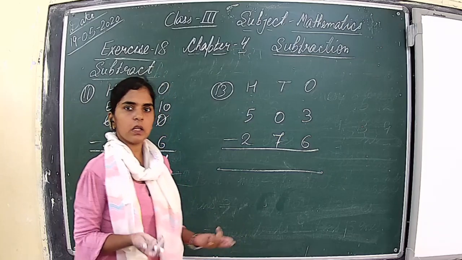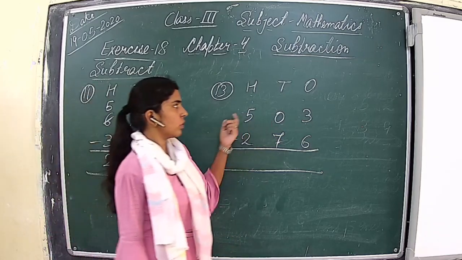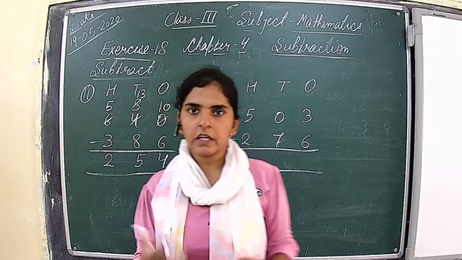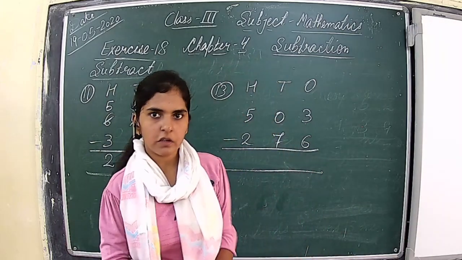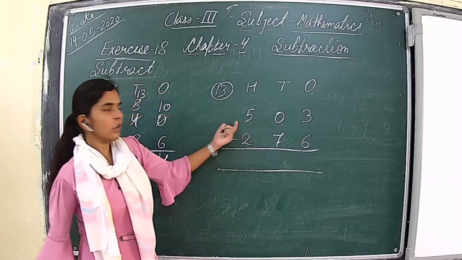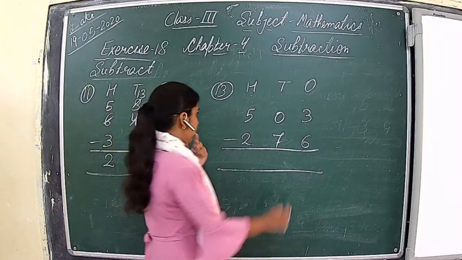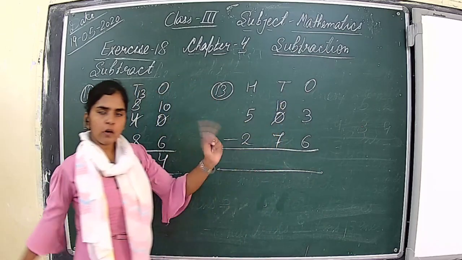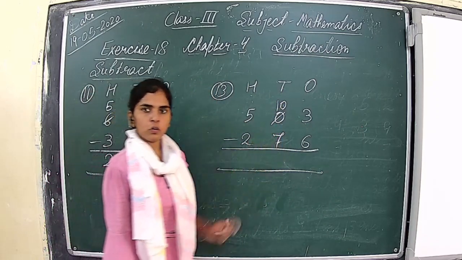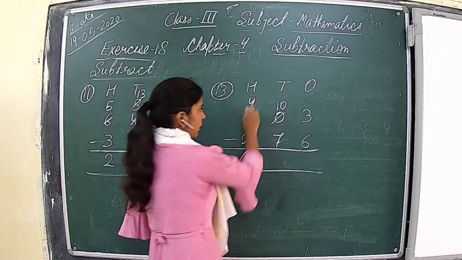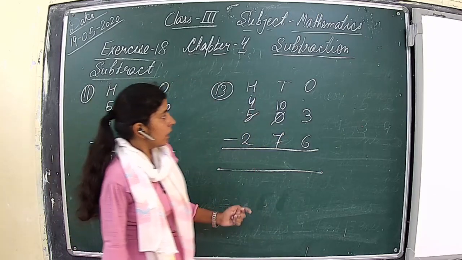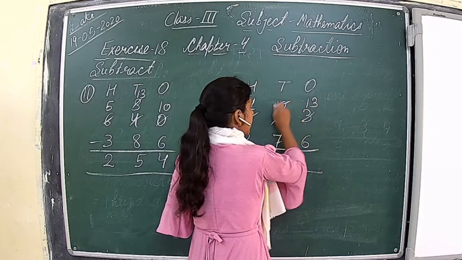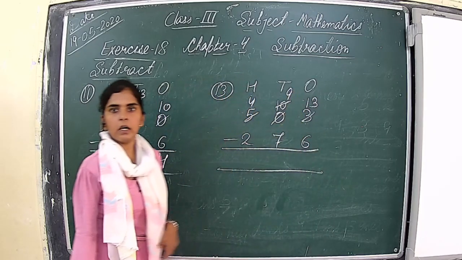So, what will happen there? 0 will go to the hundreds place digit. 0 will go to 5 and 0 will say, give me one borrow and I will return it to you later, right? So 0 will go to 5. Then it will take one borrow from him. Then 0 will become 10. Now it is able to give one borrow to the ones place digit. And this 5 will become 4. Okay. Now this 10 will give one borrow to 3 and 3 will become 13 and 10 will become 9.